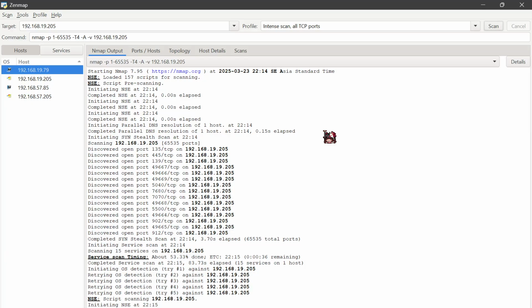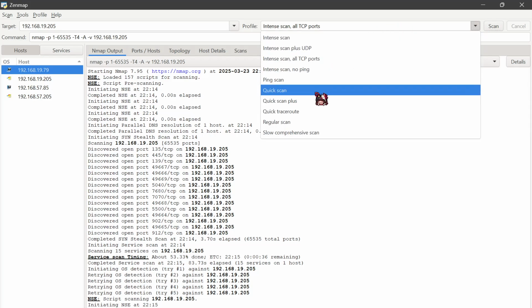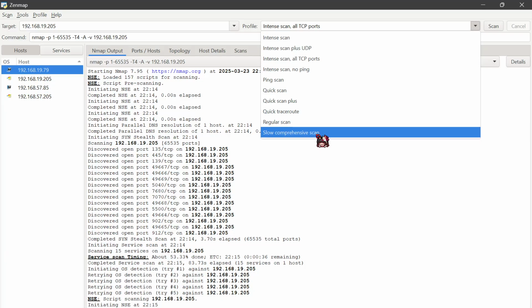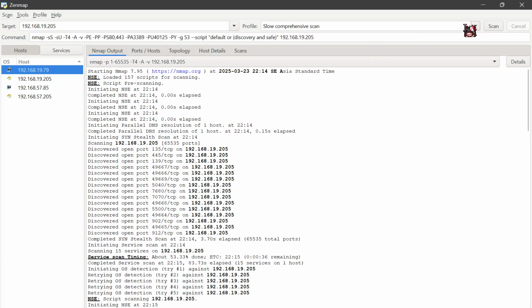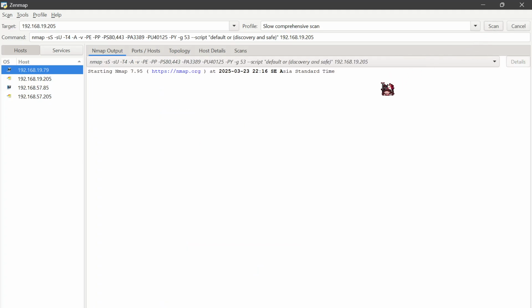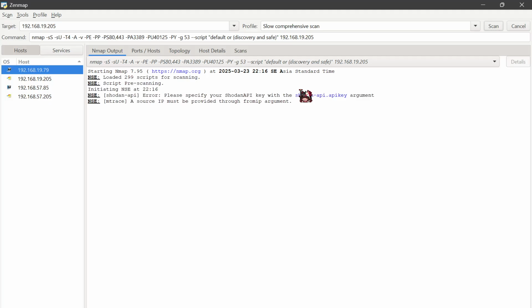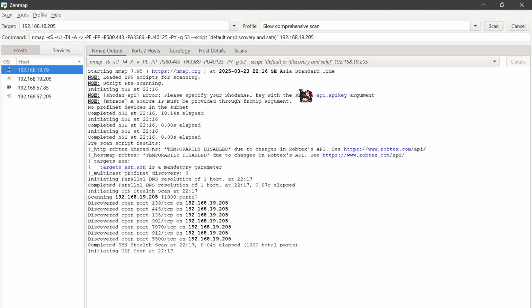Okay, next step, we use the profile slow comprehensive scan, the most detailed and the slowest one. Okay, same as before, the target is the IPv4, then we click scan. The purpose of this profile is that this scan provides in-depth information by scanning both TCP and UDP ports and utilizing various detection techniques. And for the command, here we can see it is longer than the last one.